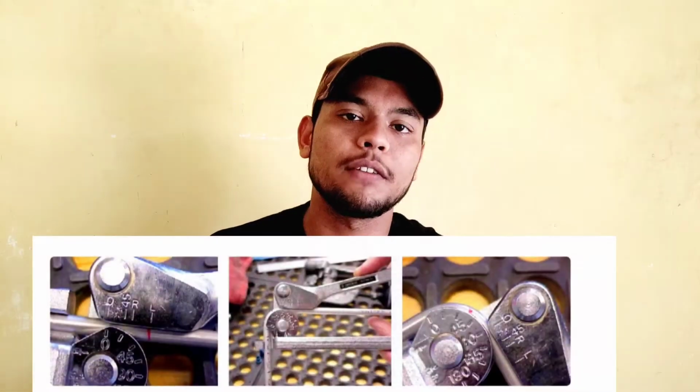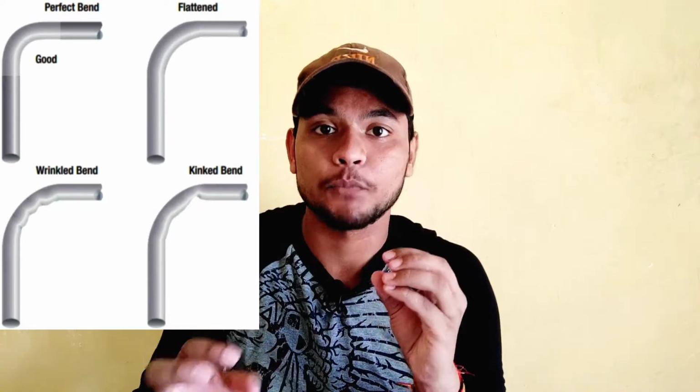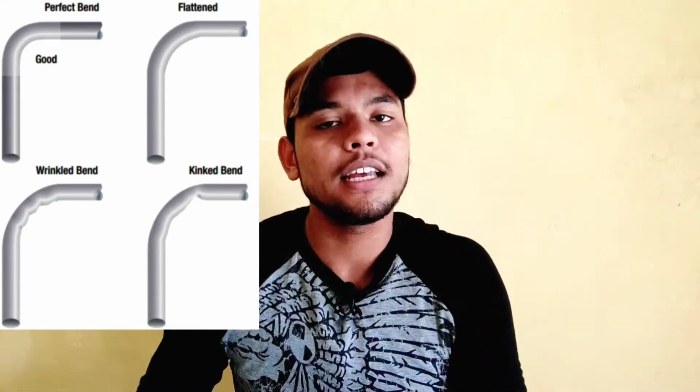Now after cutting for the proper size, we will do bending for the proper shape. There is a difference: size is the length, and shape is the curvature and so on, so we adjust the pipe. For bending you will use a hand bending tool, or nowadays a CNC machine. They are very perfect and will make a perfect bend. But if you are doing hand bending, you should know that the bend should not be flattened or nicked. For that I have given a picture. You can see the bend should always be perfect.